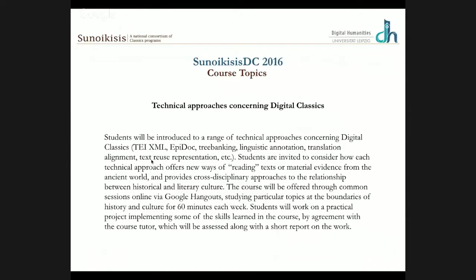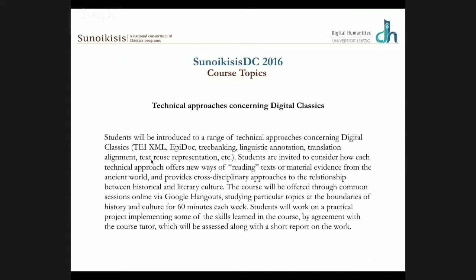So this is the idea, to develop a syllabus with different groups of common sessions focused on these technical approaches, so that other students from other institutions can learn to use these tools for their, for example,